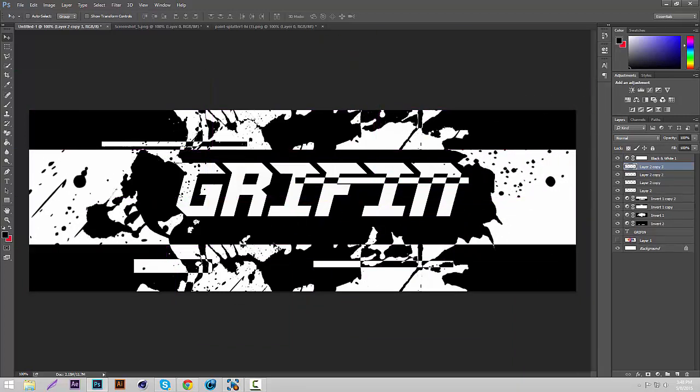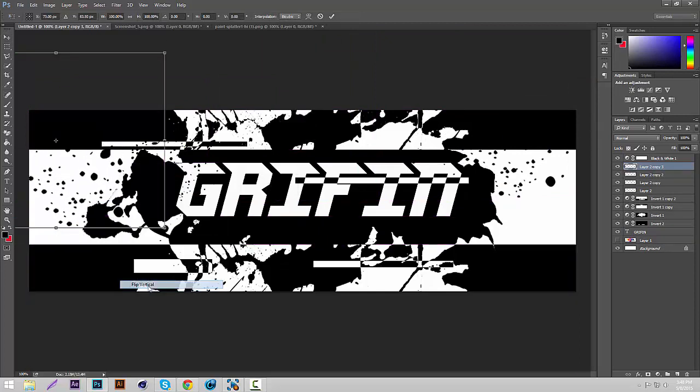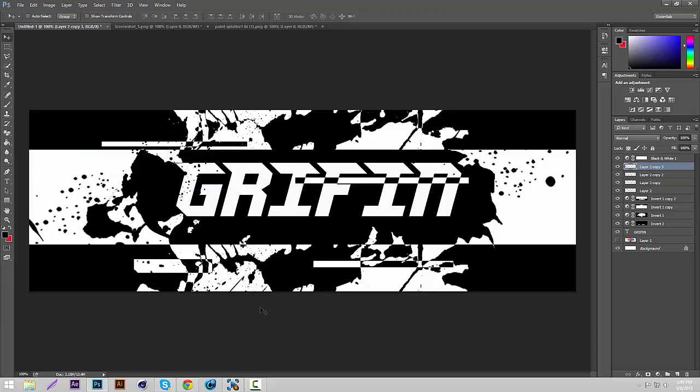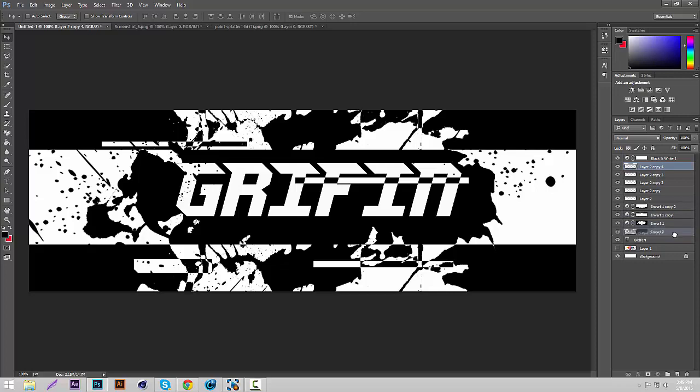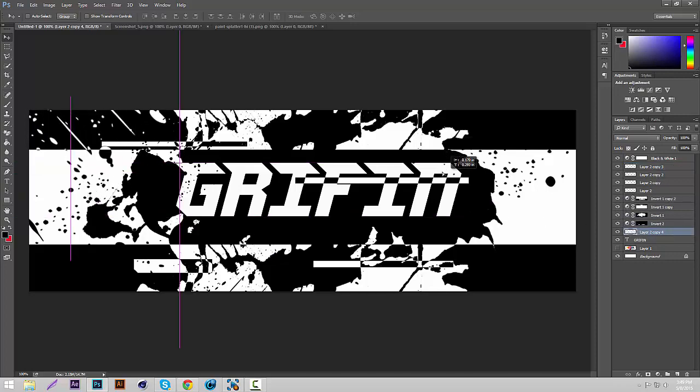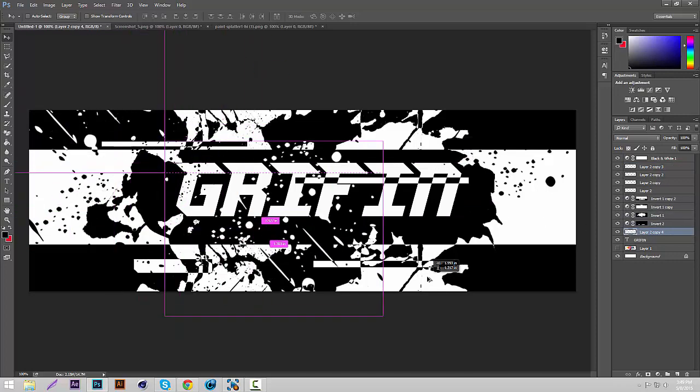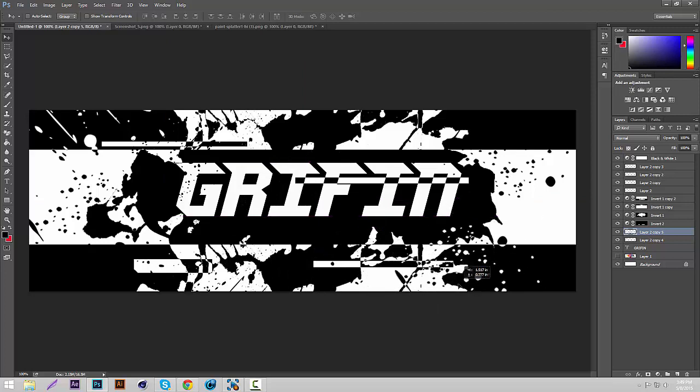So yeah, I'm gonna flip it. So yeah, this is looking pretty good. I'm gonna put this one under the invert layer so it turns white up there. And then yeah, so once you have it how you like it, if you want you can do another invert layer